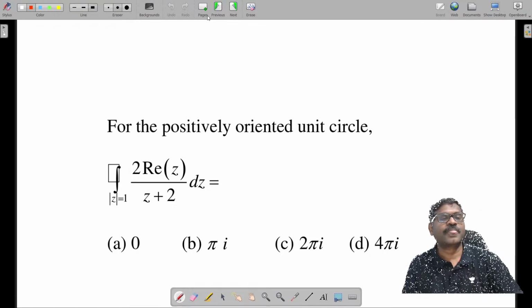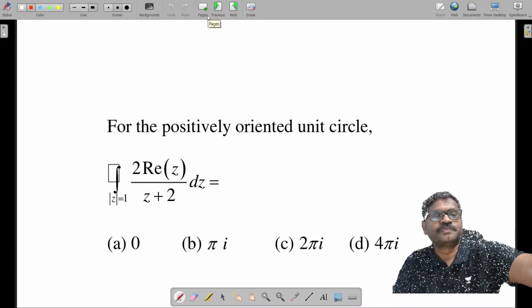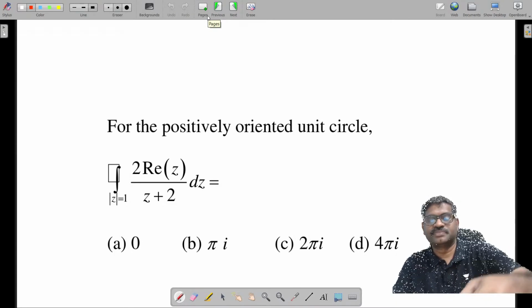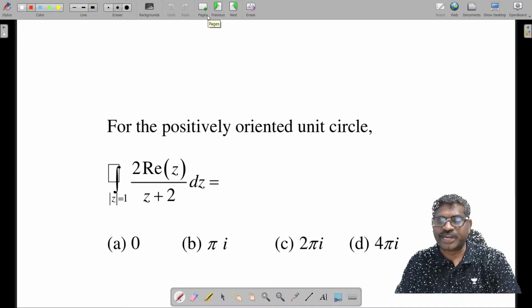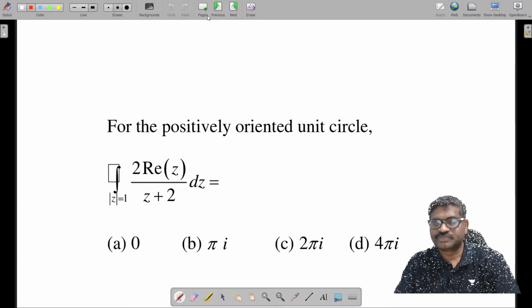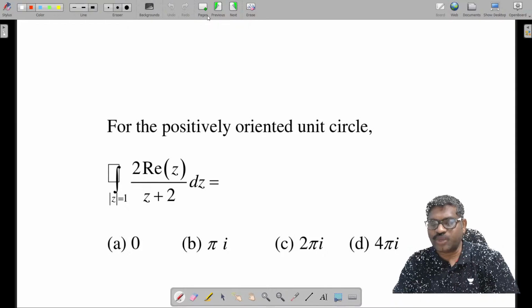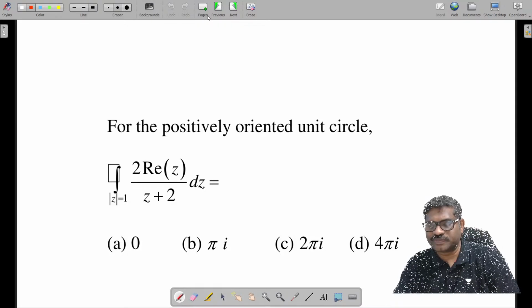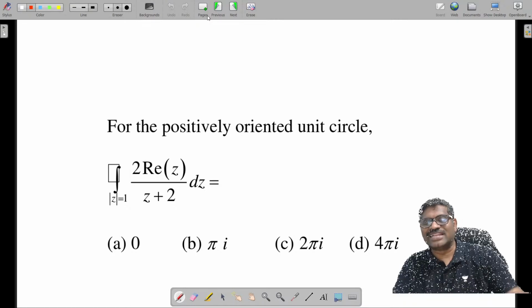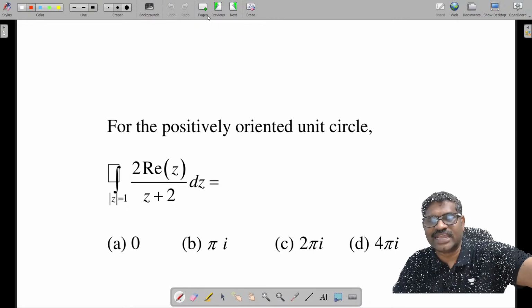Next problem. For the positively oriented unit circle, integral 2 into real z by z plus 2. Here, what is real z? When the circle is the unit circle,